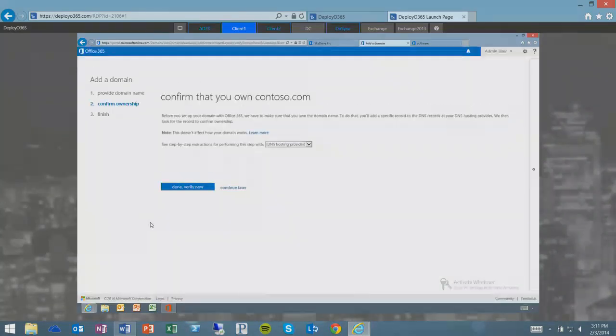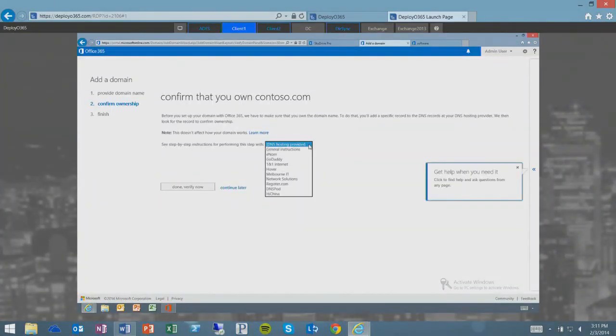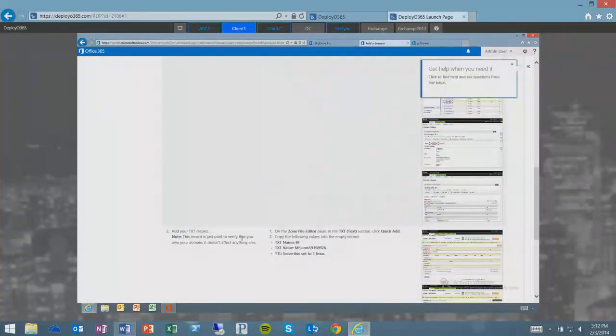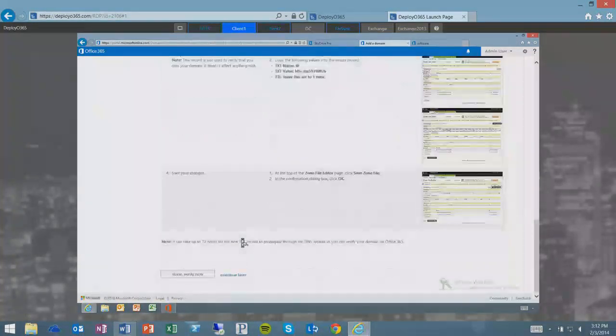It's going to ask me who my provider is, and we actually try to give you instructions directly in line with who your provider is. Most of our customers probably don't run their own DNS. So this is saying, hey, your provider might be GoDaddy, it might be 1&1 Internet, and we help you and show screenshots that say, go do this on GoDaddy.